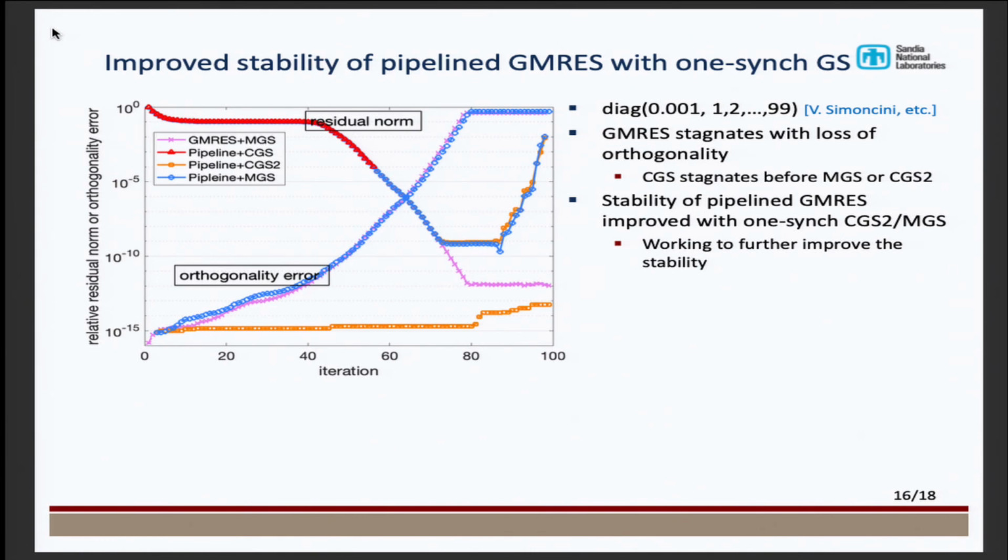On the other hand, the original pipelined GMRES actually failed at about 50 iterations. And by using this new CGS2 and modified Gram-Schmidt, we can push this down to over here. We couldn't quite catch up to standard GMRES, and we are working to further improve the stability of this